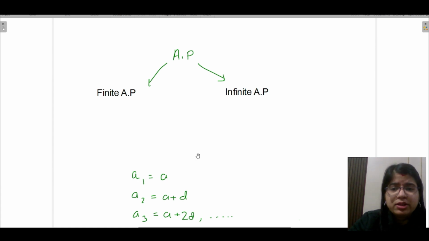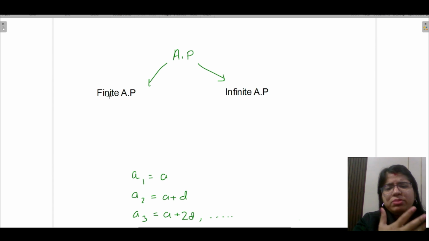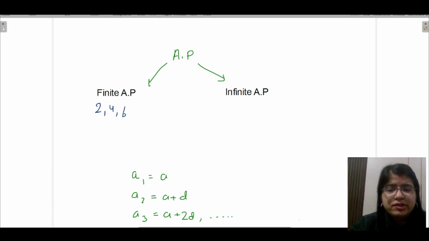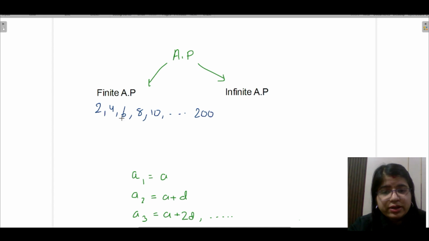One will be the finite AP, and the second will be the infinite AP. What do I mean by finite AP? Here the number of terms will be fixed. Suppose I give you an example like 2, 4, 6, 8, 10, and suppose the last term is 200. Okay, so here you can see that the number of terms is fixed because the last term is known,